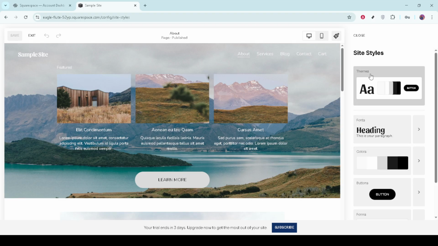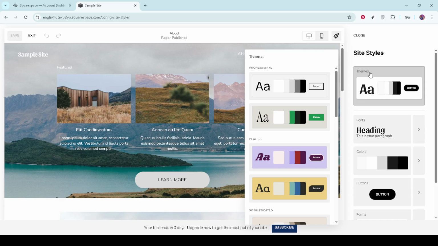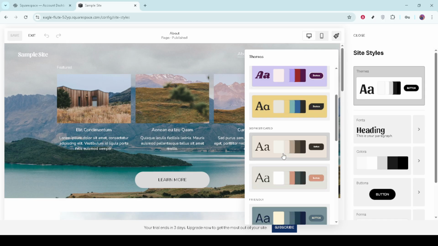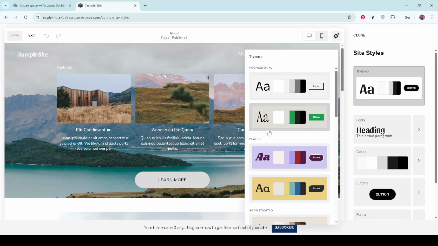If you're looking for an overall design refresh, you might want to consider selecting a new theme or preset pack. Squarespace offers different styles that can quickly change the overall aesthetic of your website, providing a fresh look with just a few clicks. If you wish to go beyond global changes and make adjustments to specific areas, you can do